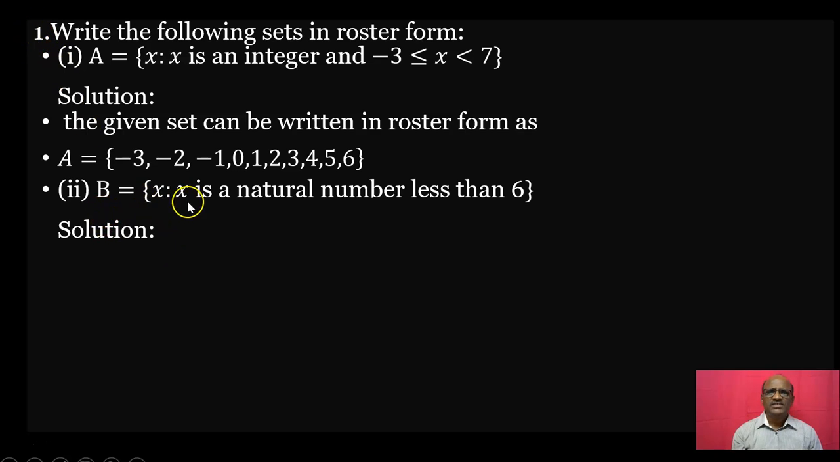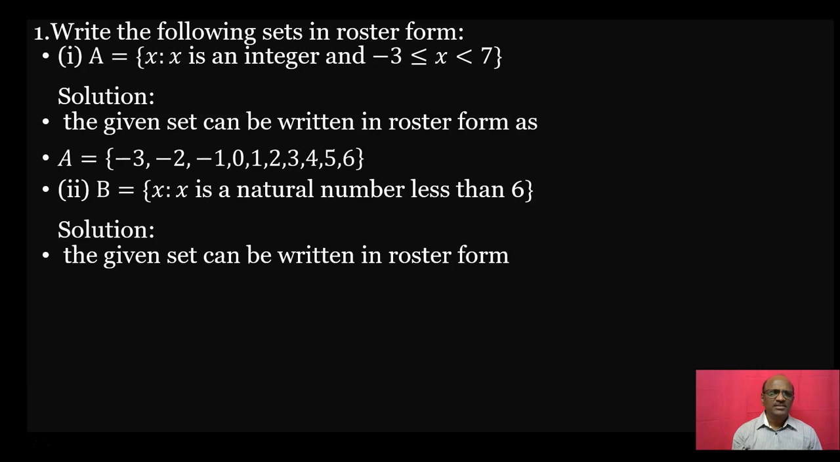B is equal to x such that x is a natural number less than 6. Okay. The given set can be written in the roster form as B is equal to 1, 2, 3, 4, 5. Third,